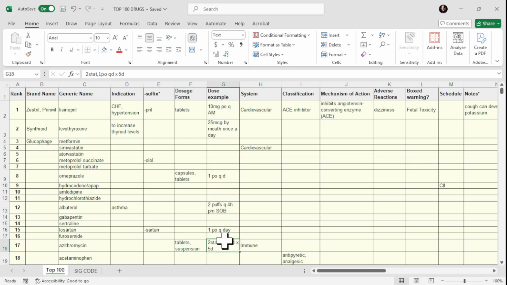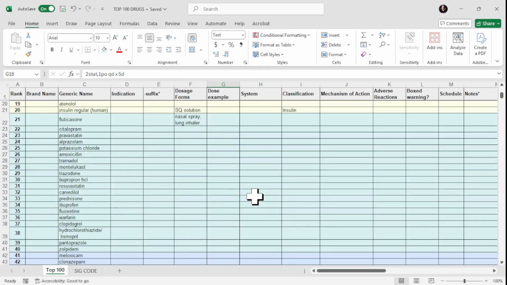Go down to G17. I've got 2 stat, 1 PO QD times 5D. 2 stat means 2 now, and then 1 by mouth every day times 5 days, for 5 days. So that's how that one would translate. Okay, so